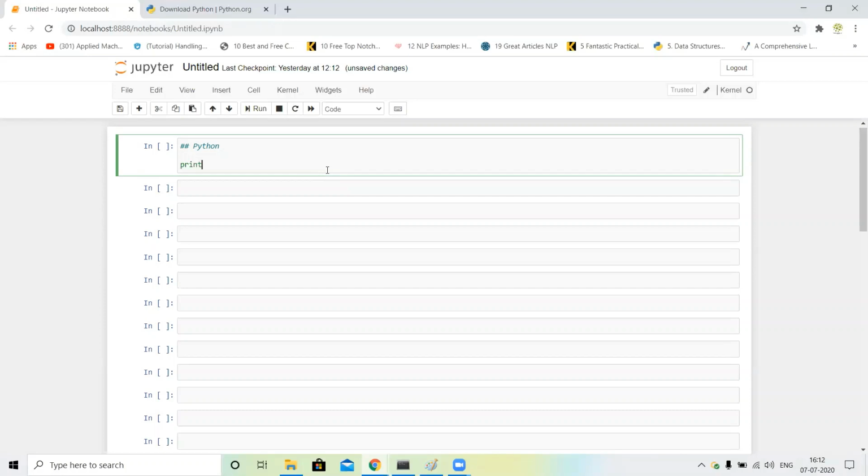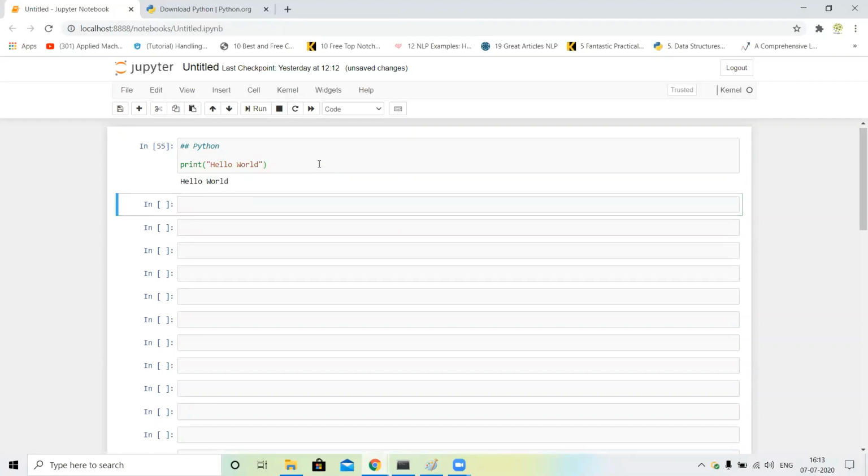I just write print, parentheses, and double quotes. You can use double quotes as well as single quotes, either one. I just use double quotes and write hello world, and I just run this. You can use this button to run. Okay, you can see hello world is printed.